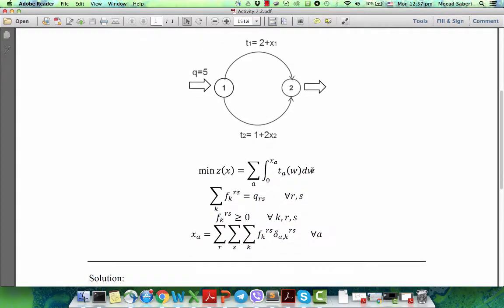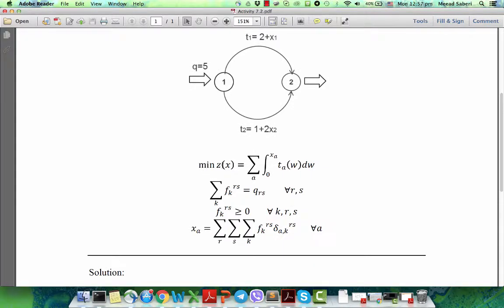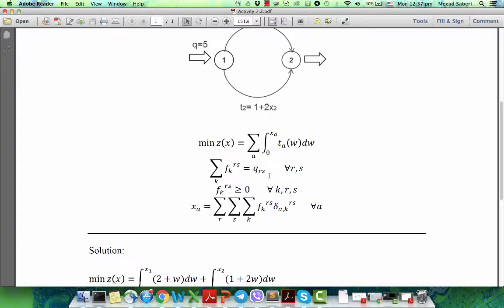As a reminder, the mathematical expression of user equilibrium was that we need to minimize the summation of the area underneath the travel time volume curves. This integration represents the area underneath the travel time function, and this is the summation, as we went over in the lecture. Subject to a few constraints: the conservation law constraint, where the sum of the path flows must